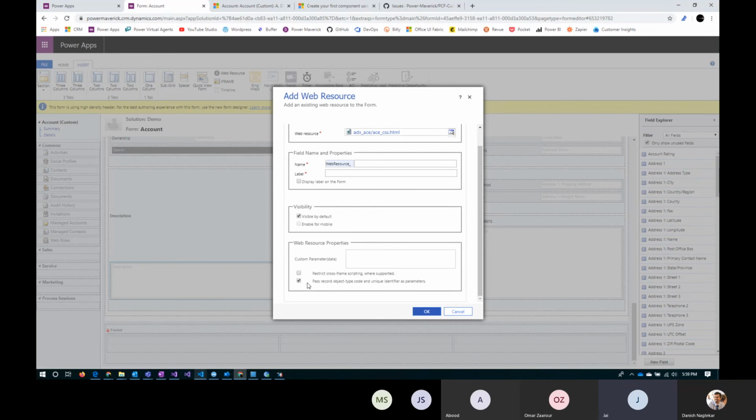To be honest, you can still call Azure APIs and anything else from your PCF as well. So the risk is there too, right? I don't know which one is right. The security is pretty much tight on both sides anyway. Yeah. But this is the thing that the other guys were talking about: you pass the record object context and